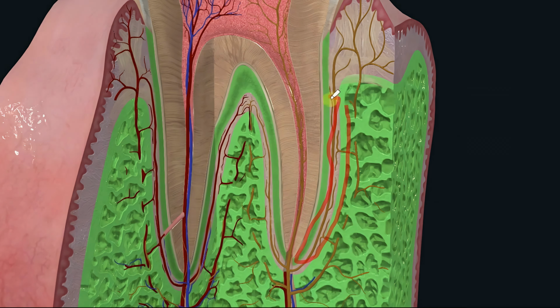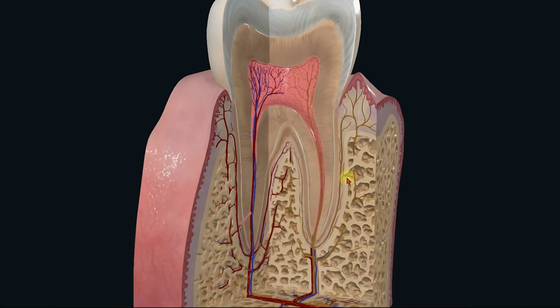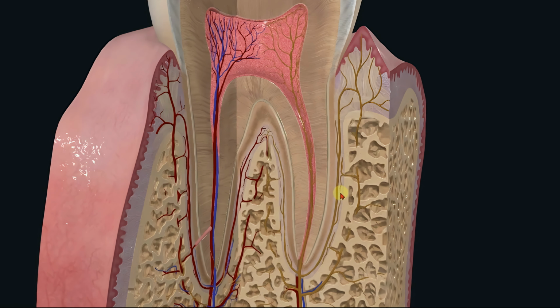Periodontal ligament. These are fibrous connective tissues. They help hold our teeth in place, and when we chew, think of this as a membrane, a fibrous connective tissue. It acts as a cushion. When we bite down hard, this membrane helps absorb the shock. So this is what we commonly call the periodontal ligament. And when we talk about periodontitis, that's essentially referring to an issue with this ligament.